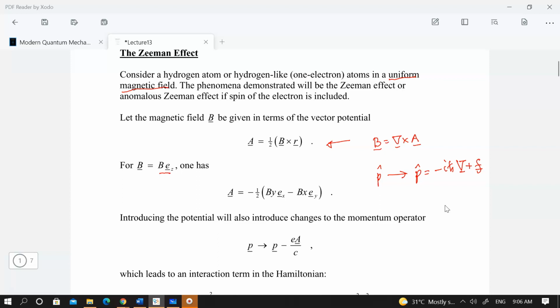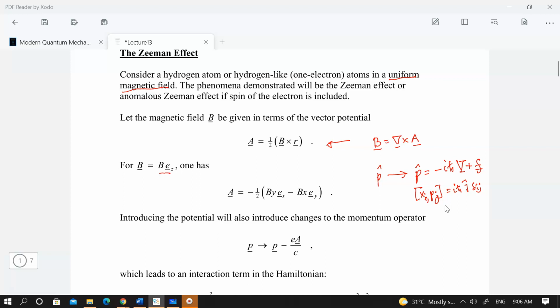This kind of modification still respects the commutation relation. If I want to do this in 3 dimensions, I will have delta ij here. Precisely because of this reason, meaning you can modify the momentum operator by a particular function,